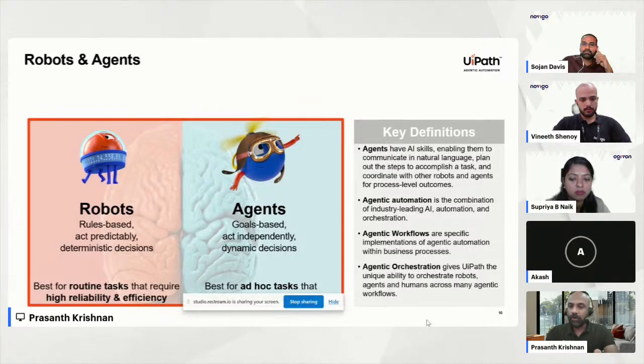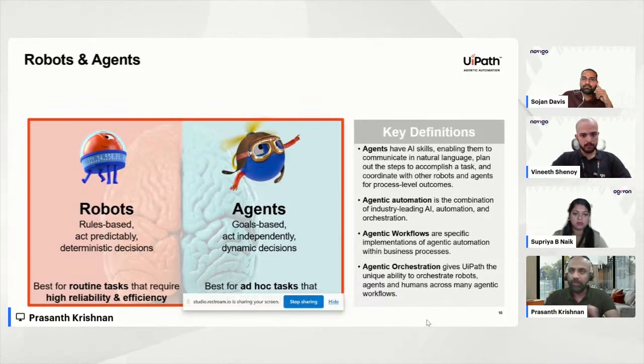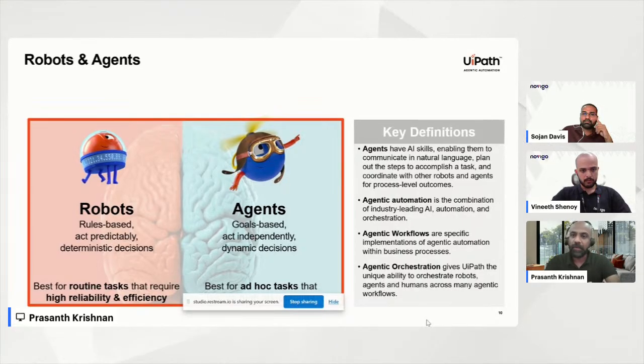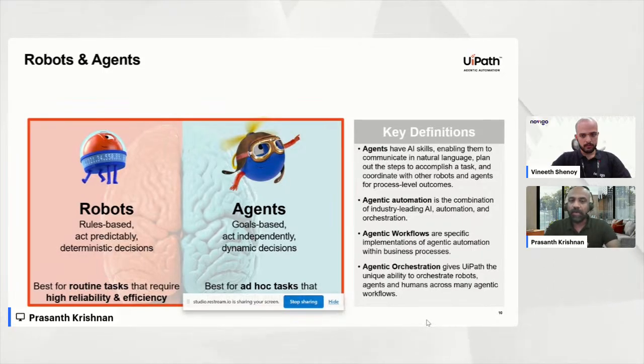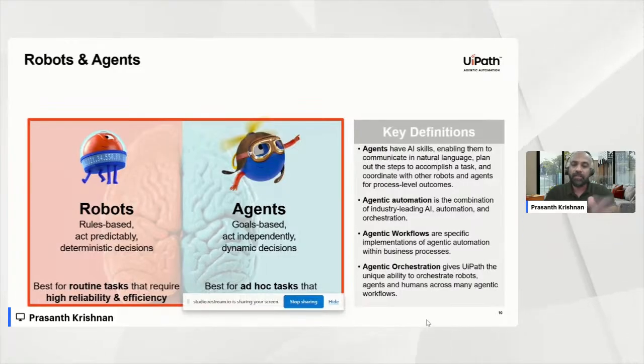It is configured to do a particular set of actions. But with the help of AI, it has been able to do a little bit more, if you look at our solutions around document understanding, communications mining, etc. It has been able to do a little bit more. But with agents, what we're looking at is goal-based agents, which can actually go and act independently, make dynamic decisions, and handle the end-to-end complex automations by itself.